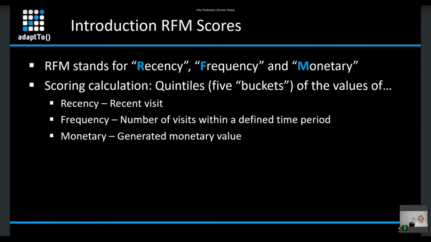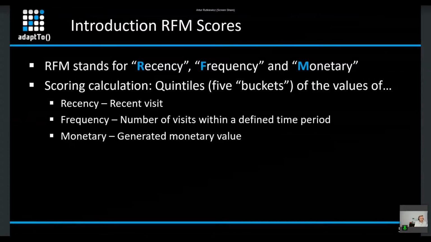Very important to understand is that the scope of the value of these buckets have the same size, but the users are not equally divided in those buckets, so equal in values, but not in the visitors itself. The recency can be calculated by the recent visit, and it's always relative. So if a recent visit was like today, and for another person like yesterday, the first one will get a better score than